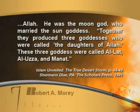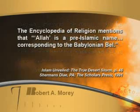So this Mohammedan character, the prophet that the Muslims follow, was somehow associated with, if you like, Roman Catholicism. His wife was a devout Roman Catholic. Let's have a look at what Robert A. Morey says about Allah. Allah was the moon god who married the sun goddess. Together they reproduced 3 goddesses who were called the daughters of Allah. These 3 goddesses were called Alat, Al-Uzza, and Manat. The Encyclopedia of